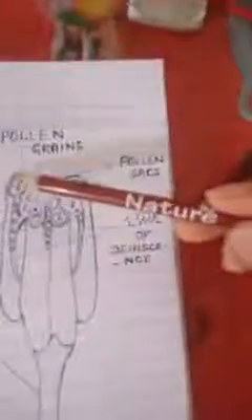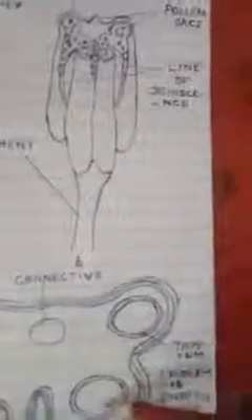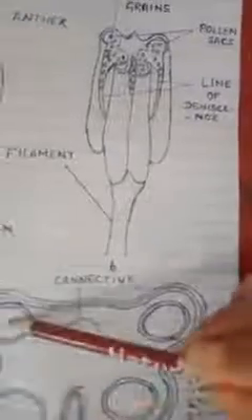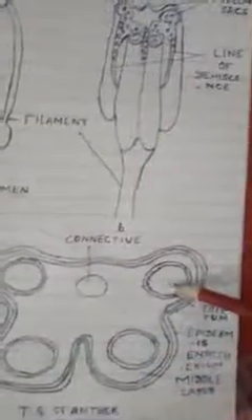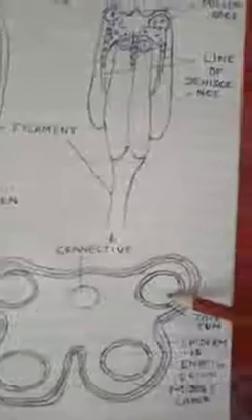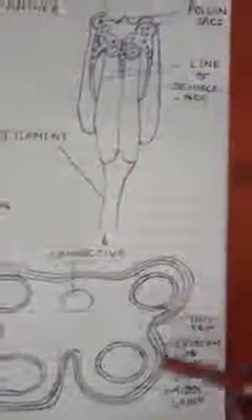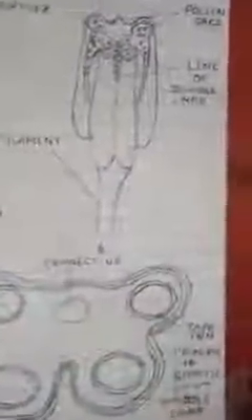When I cut this transverse section and finally come here, this is the total structure. You can see this is a slice of the upper part of the anther, and you get these 4 chambers. These 4 chambers mean 4 microsporangia. You get here one microsporangium, another, second, third, fourth, 4 microsporangia. You have 4 pollen sacs that will mature, where the pollen grains are produced.